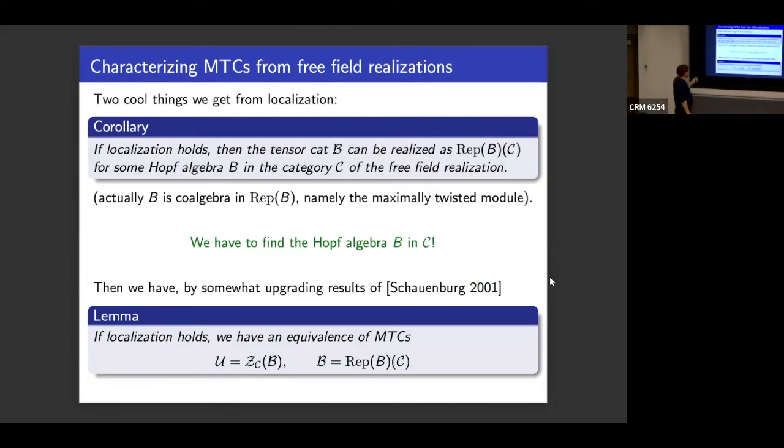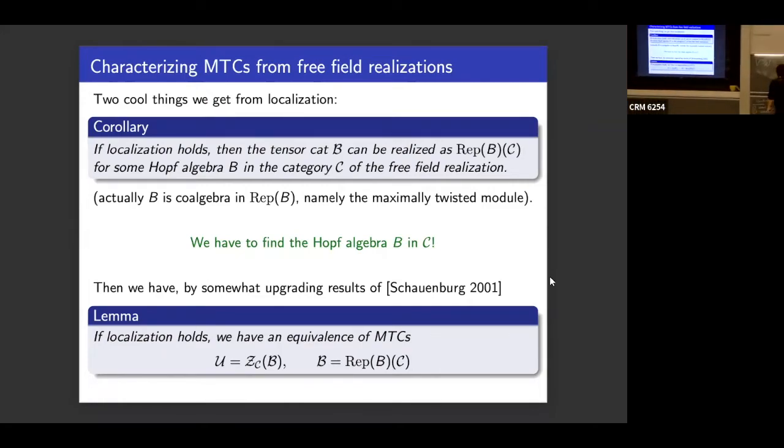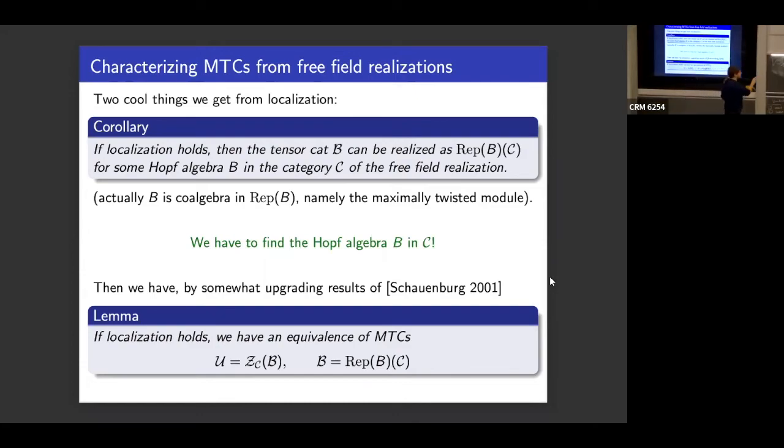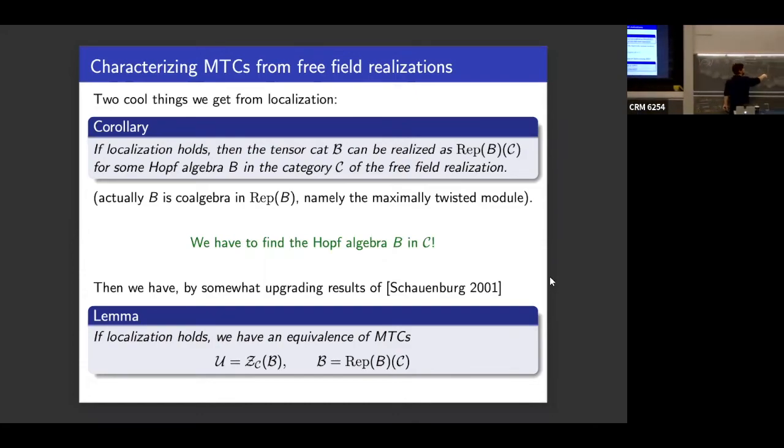And then what we have is, I think, a very nice result. Actually, it's not even so extremely difficult with the right assumptions, so I'm skipping all technical stuff, for example, if all is finite, modular, and so on. Then I immediately know that U is the relative center of B with respect to C. So I've reconstructed U. And it's much easier to think about B, this Hopf algebra B, because it's a split case, than about this complicated quantum group U.